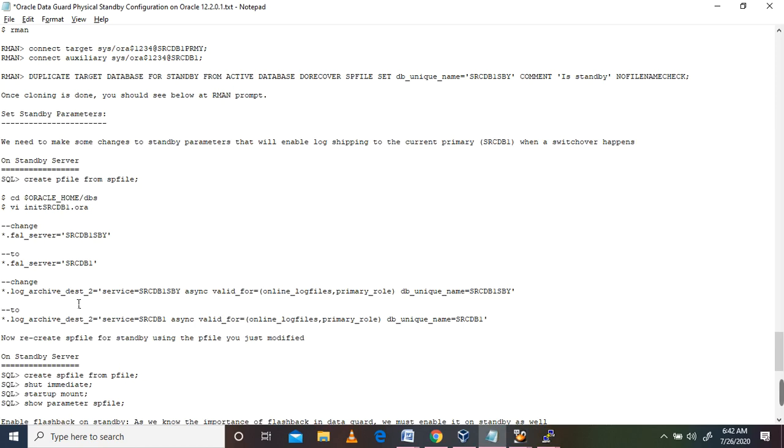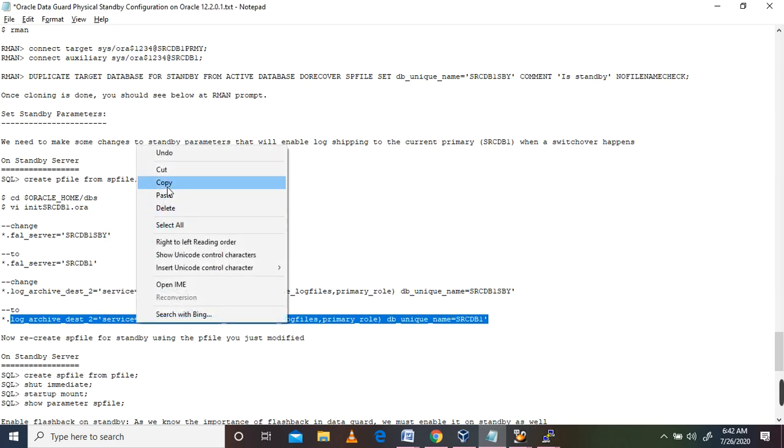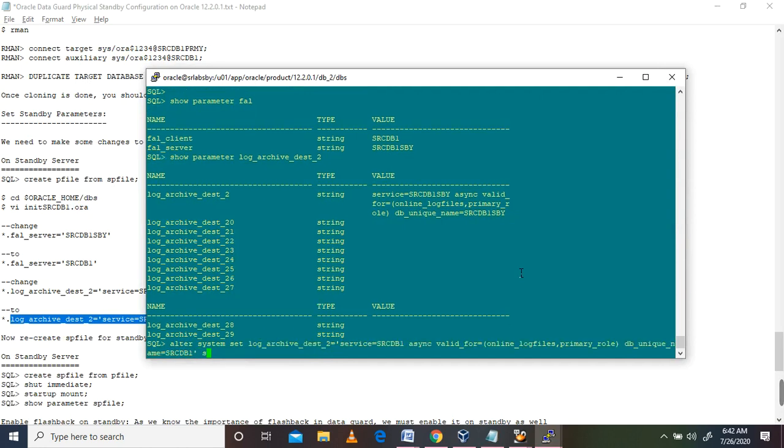Change to, we need to change like this. Alter system set, scope equal to both.